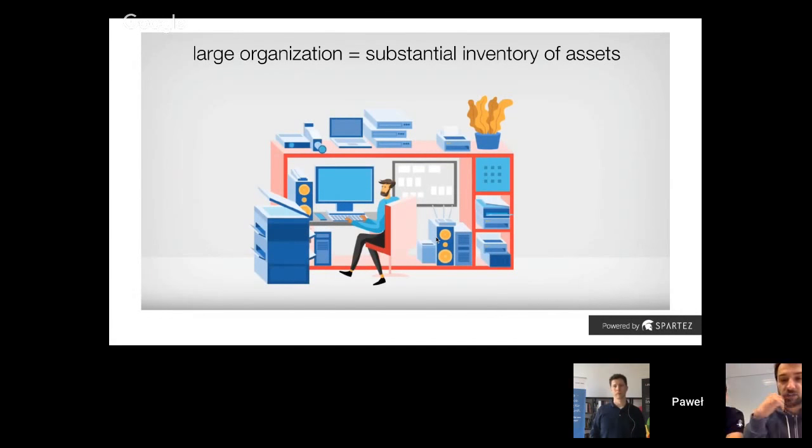So yeah, first of all, whenever you have an organization, even a small one, any organization at all, you're going to have a substantial inventory of assets. The more the company grows, the more assets you're going to deal with. What kind of assets? We can name laptops, any hardware, software, tables, chairs, shelves, books, actually. Whatever you need. Yeah, and phones, licenses. Licenses. Yes, of course, we're also talking about non-physical assets like licenses. But it's good to keep track of them.